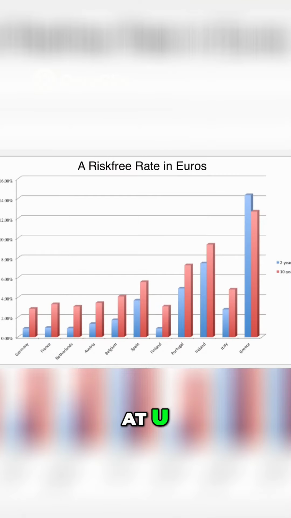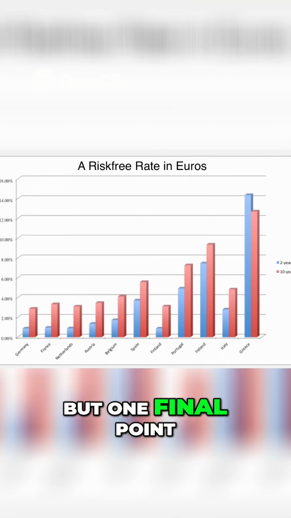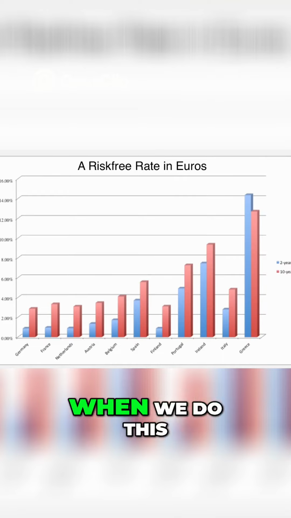So if you're looking at US dollars, you could use the 10-year US T-bond rate as your risk-free rate. But one final point, we are implicitly assuming when we do this that the US